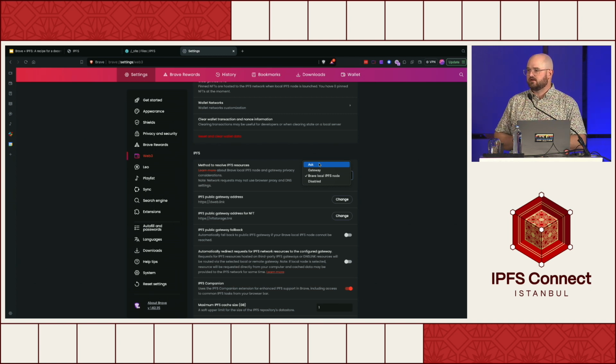This again comes down to privacy considerations: if somebody pulls in this content and it gets cached, their node is then re-replicating it back out to the rest of the IPFS network, and that IP address becomes correlated with, hey, you viewed this site. So this is where that trade-off is. In this case, we'll set it to Brave local IPFS node, and that automatically sets everything up for you.